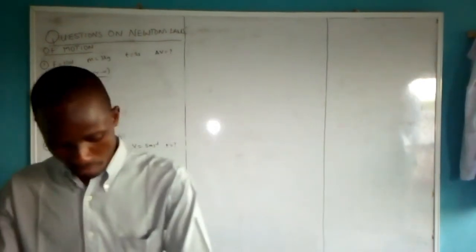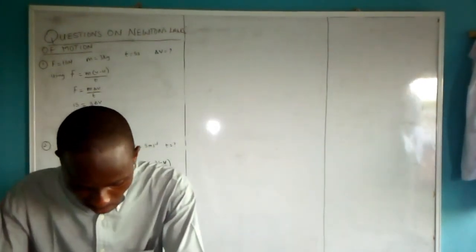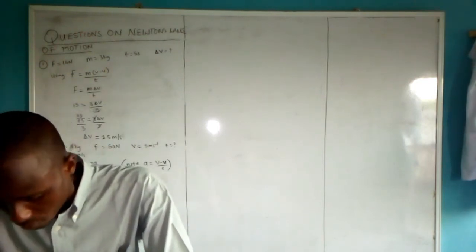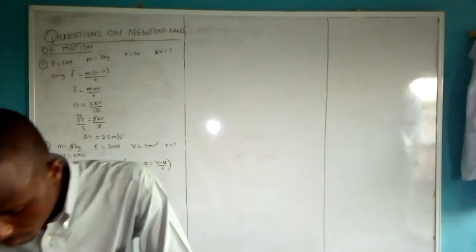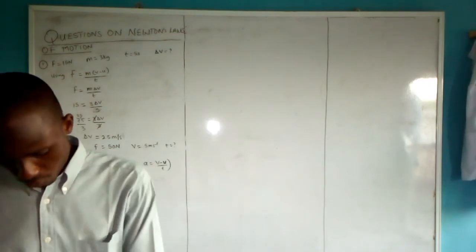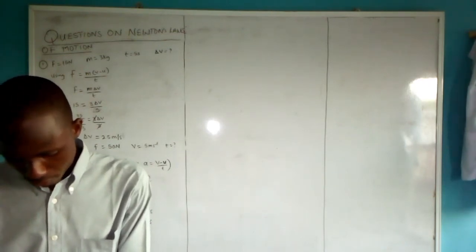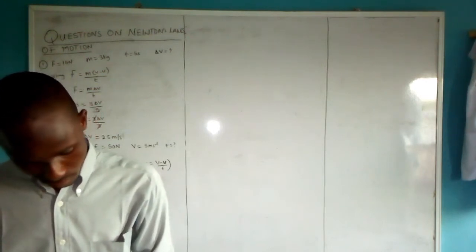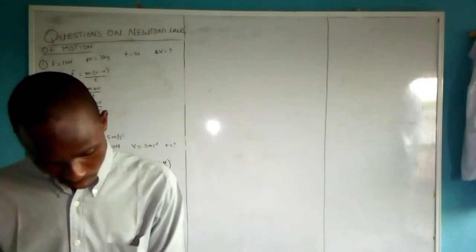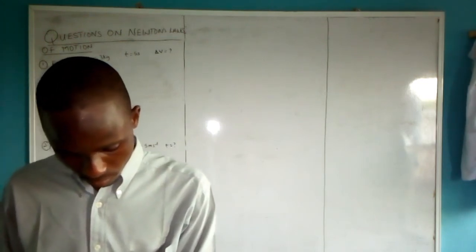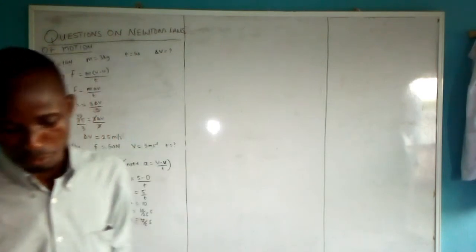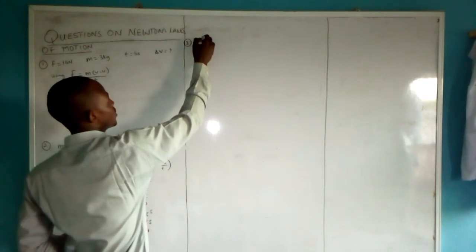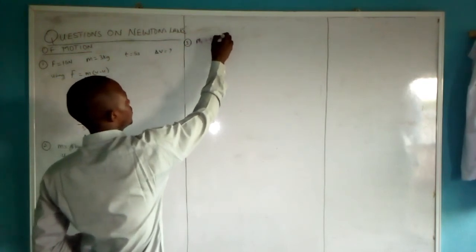So let's go for the third question. I think I'll need to take a very different one, one from collision. Okay, the third question: a ball of mass 0.5 kg